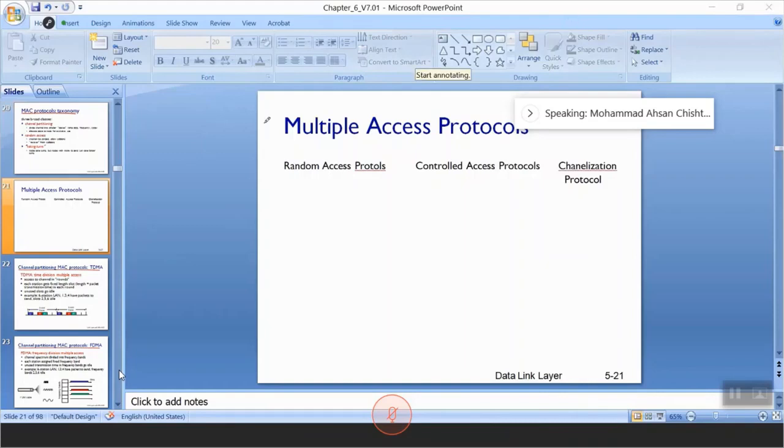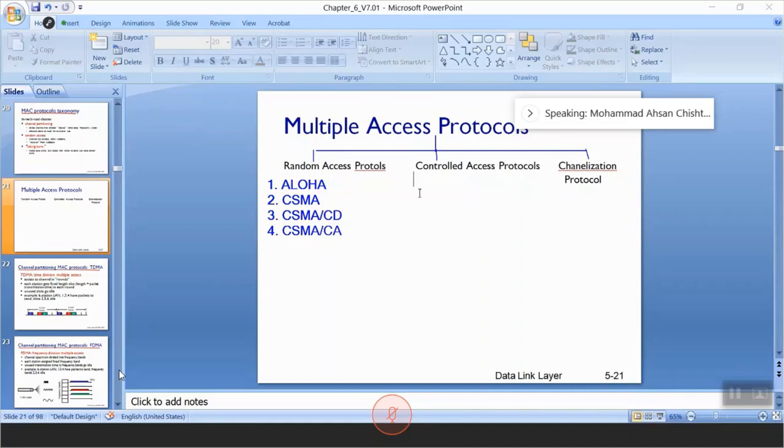And within this, for random access protocols, the first one is Aloha, the second is CSMA, the third is CSMA CD, and the fourth one is CSMA CA. Likewise, in controlled access protocols,